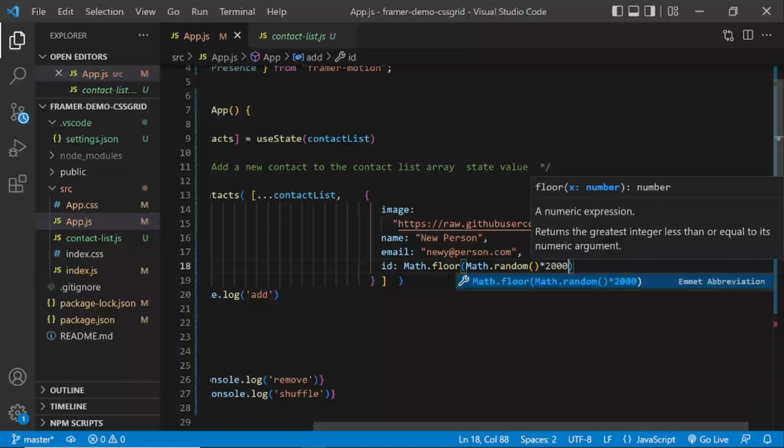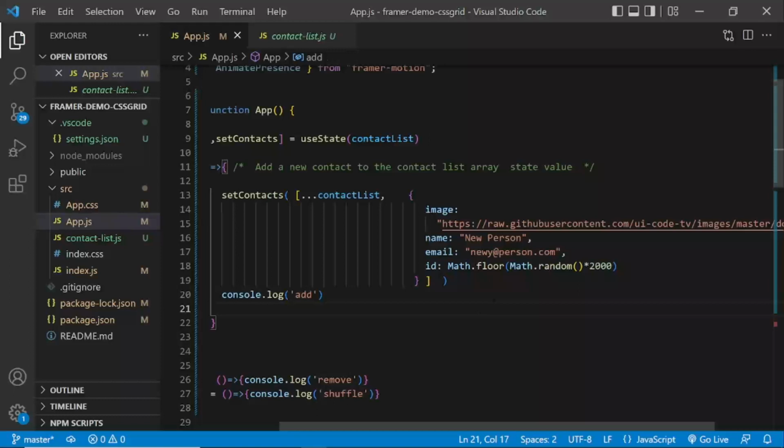What this will do is generate a random number between 0 and 2000, and it's going to be a whole number. The floor just means that because this will have decimal values, floor makes it a whole integer number.